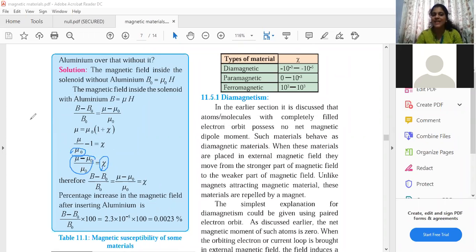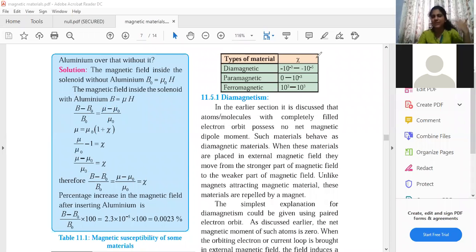Students, as I mentioned, I have to find this value, but on the right hand side there are many parameters. We know mu naught. Mu naught has a fixed value. You all can find mu also. Mu is mu naught into mu r. What is mu r? Mu r is 1 plus x. So you all can first find 1 plus x into mu naught, that is mu, and then substitute all the values on the right hand side and get an answer. That is one technique that can be done.